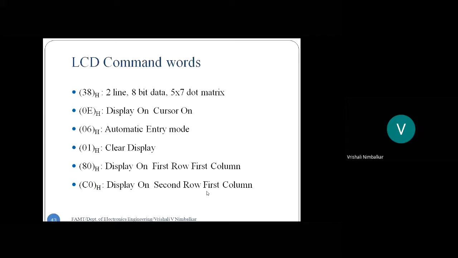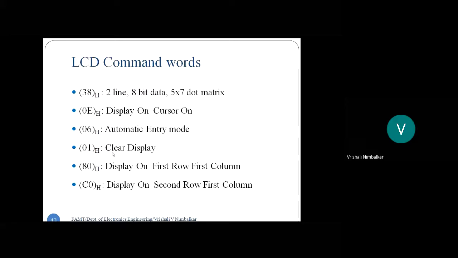If you do not clear the display, when the message changes I will see a mixing up of the messages. Hi and hello, for a certain time duration I will see both of them getting displayed. So I will see a mix-up of the characters. That should not happen. So always remember, whenever we display something and at the same position the second message is to be displayed, the display should be cleared first.